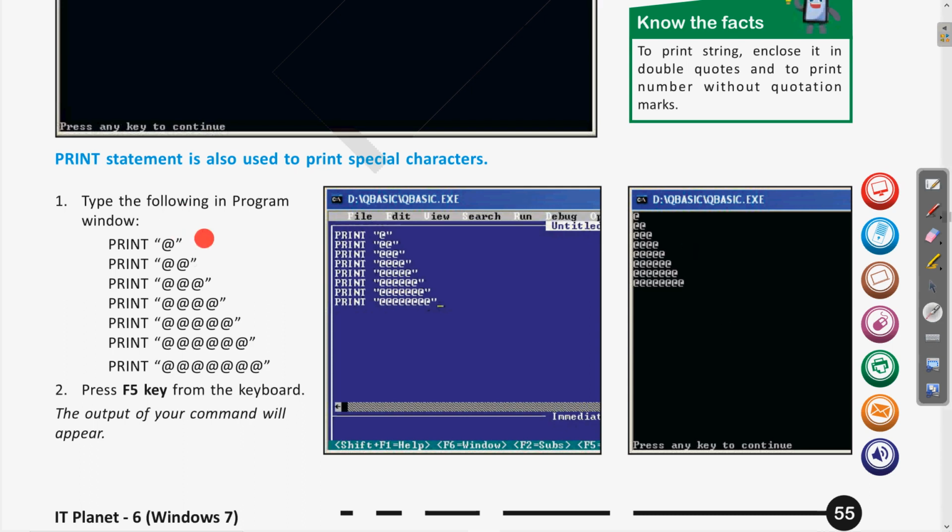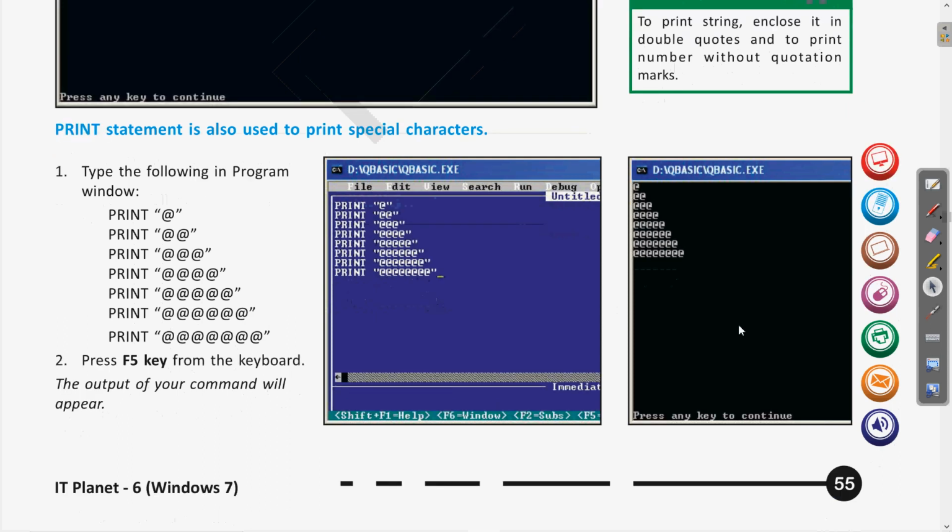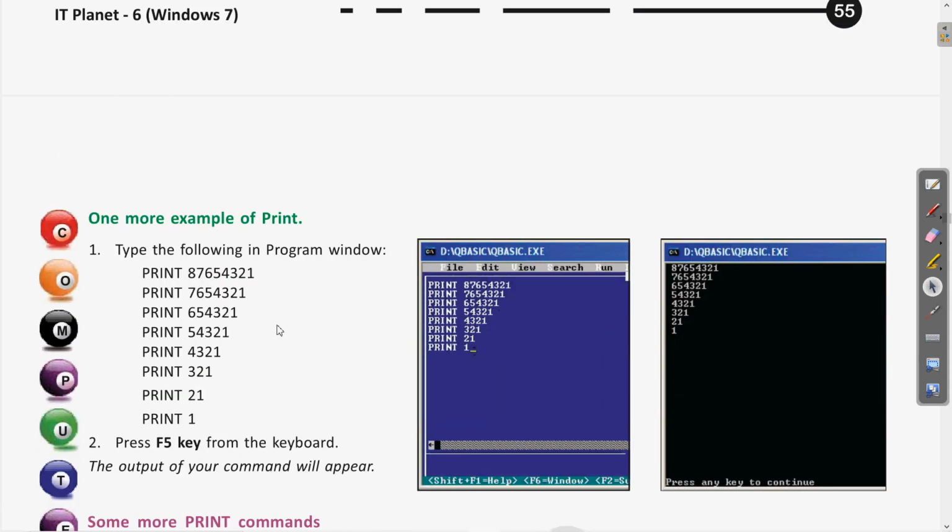In the first line a single character, and afterward in each line we have increased one character. You can use any character like at the rate, asterisk, or whatever character you want to choose. This is a string, and if it were a number, you can directly write the numbers without using the double quotes.